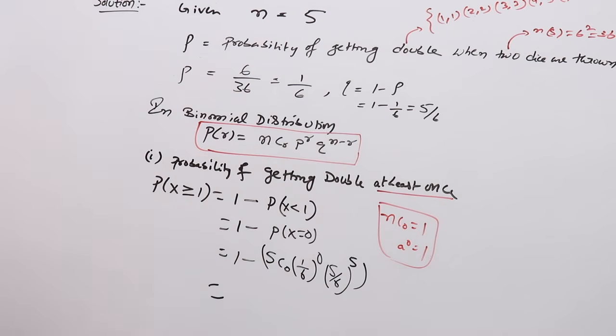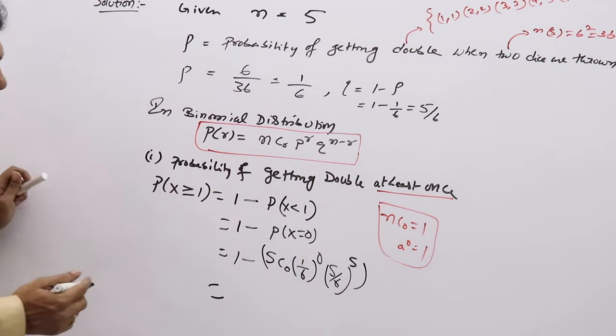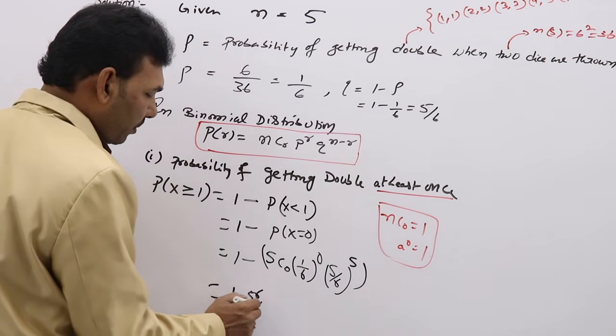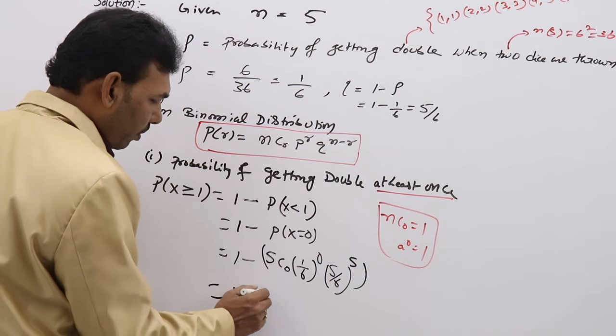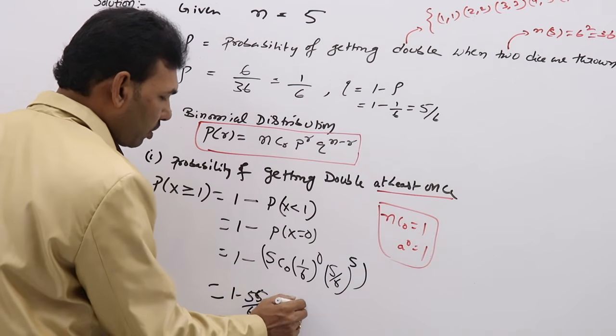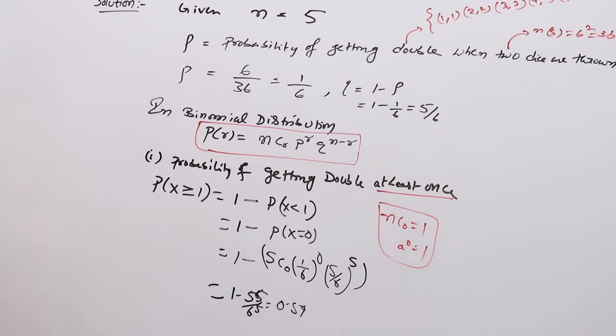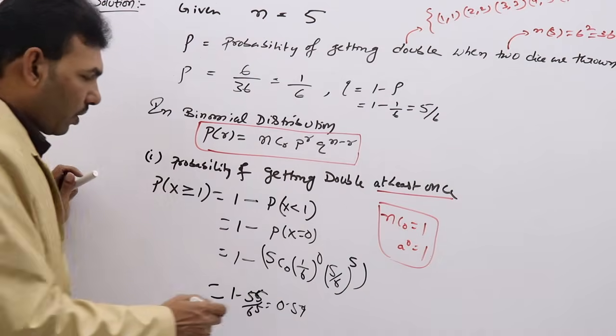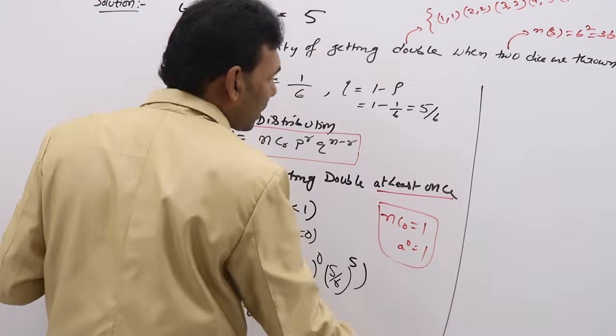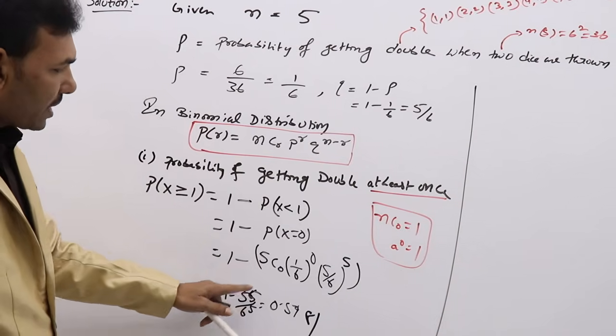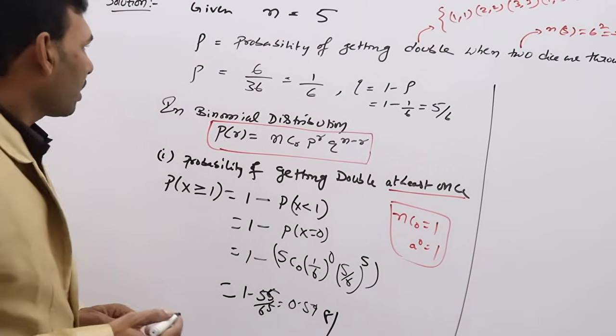So the 5C0 value is 1 and 6 to the power 0 is 1. What remains? 1 minus 5 to the power 5 by 6 to the power 5. If you use your calculator, you will get approximately 0.5981. Coming to the second bit,